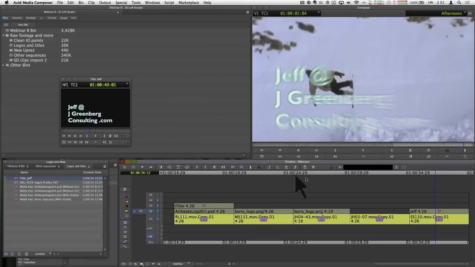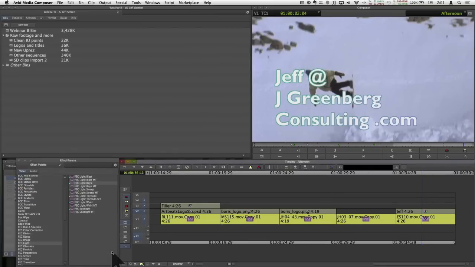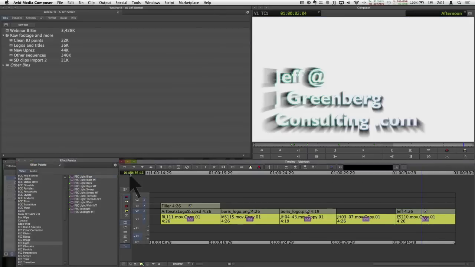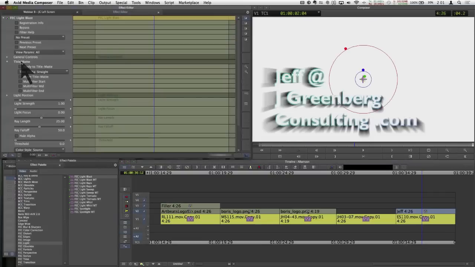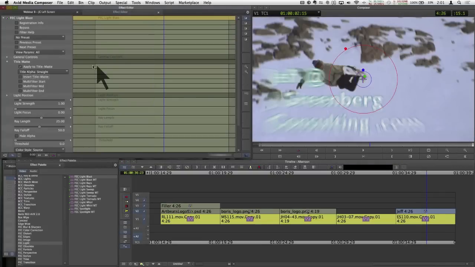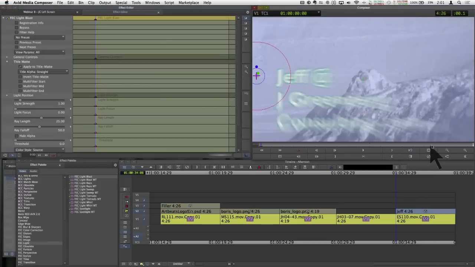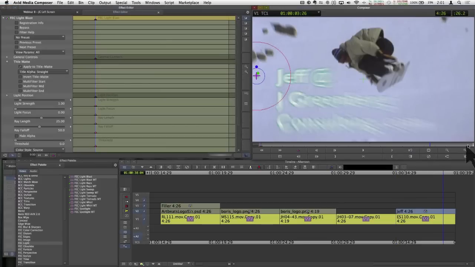Put the original in. Let's go ahead. Let's get back into effect mode. Let's throw our light blast on it. No option key again. Jump into effect mode. Let's turn on our apply to title matte. Go to our first frame, add our keyframe, move it to the left, move later in time, add our keyframe, move it to the right,